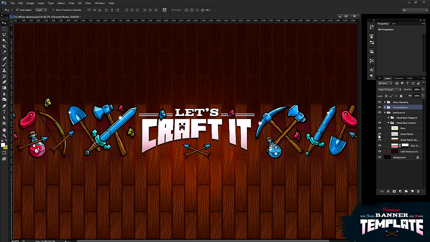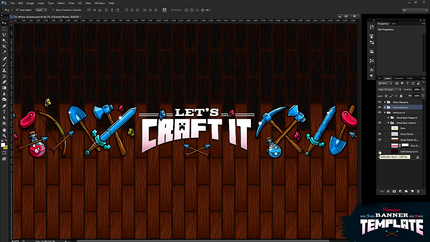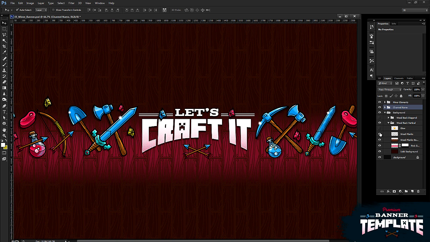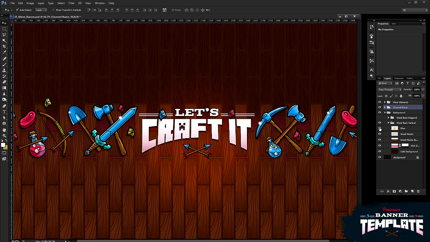and layered to where you can easily find something, and say you just want to have a couple of these on, you can grab just the line work for the wood planks if you want to. You can probably just barely see that, but everything here is still in layers. There's nothing flattened, so it's pretty much wide open for you guys to do whatever you need to with it.